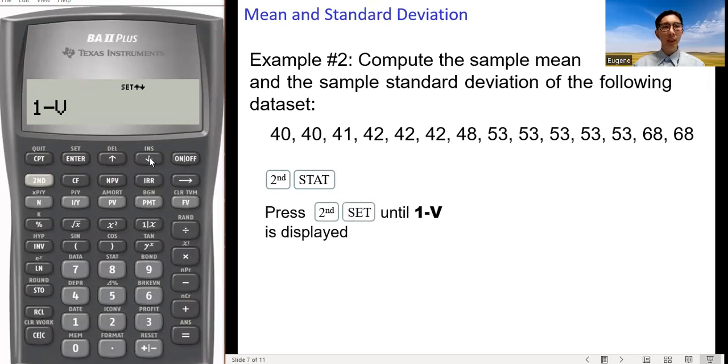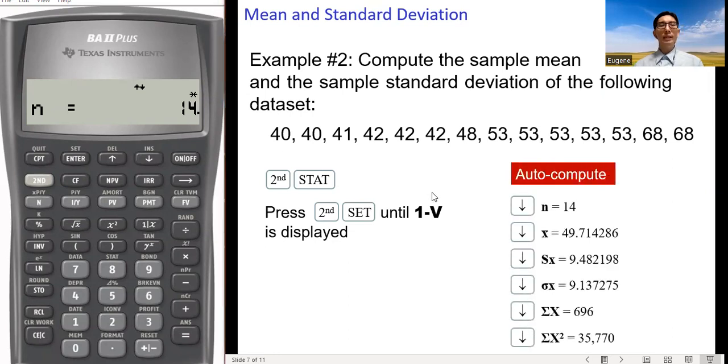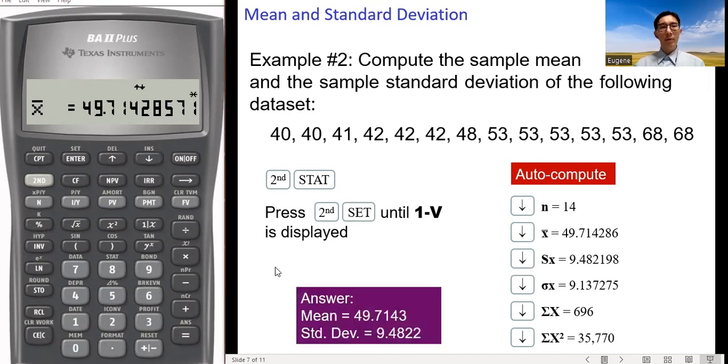Press the down arrow key. We get the necessary information. Sample size is 14. And then we can get the corresponding sample mean, sample standard deviation, etc. The sample mean is 49.7143. And the standard deviation is 9.4822.